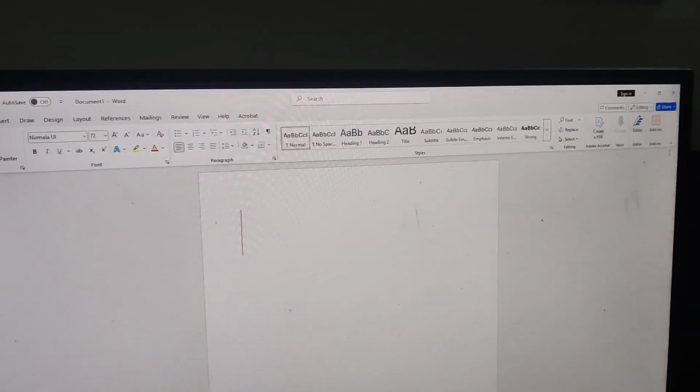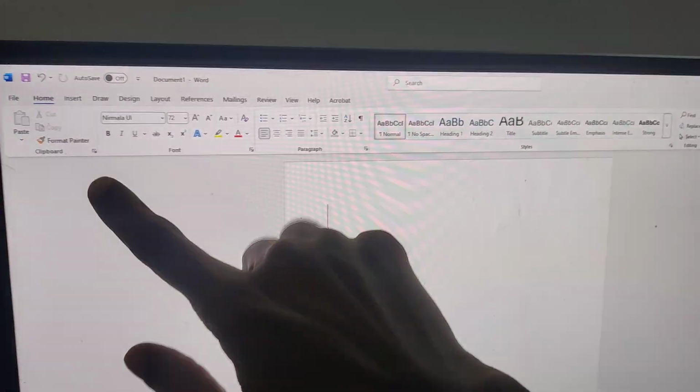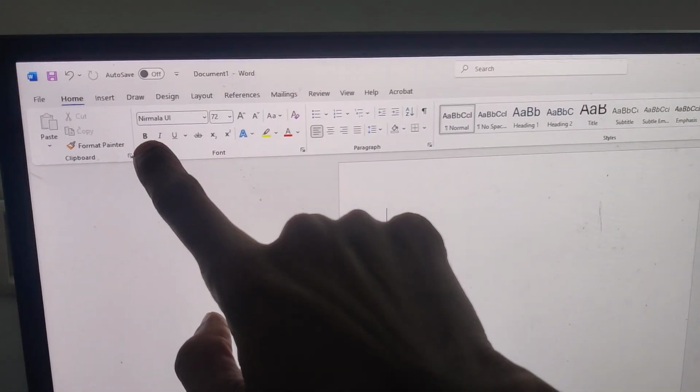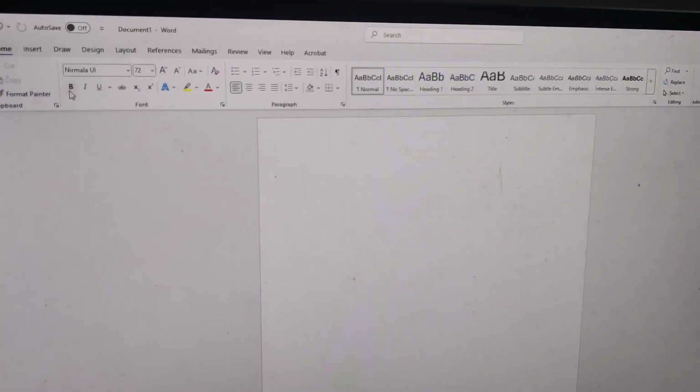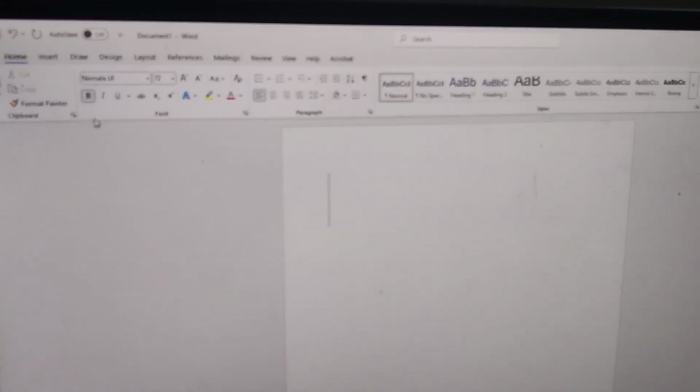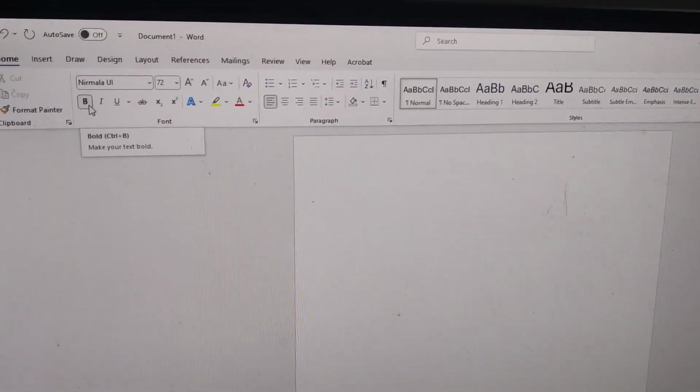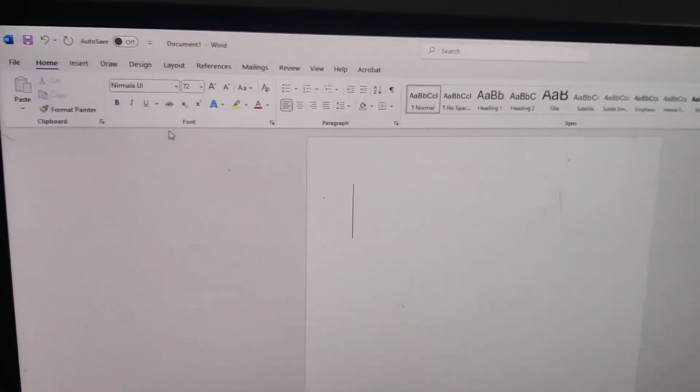Suppose you are using Microsoft Word on your Windows computer, and you want to turn on bold. You simply click here. So this is the switch for bold if you want to type something. And in this video we discuss another method to